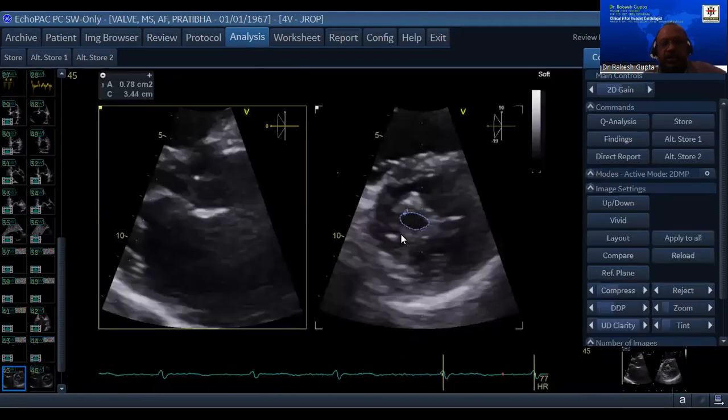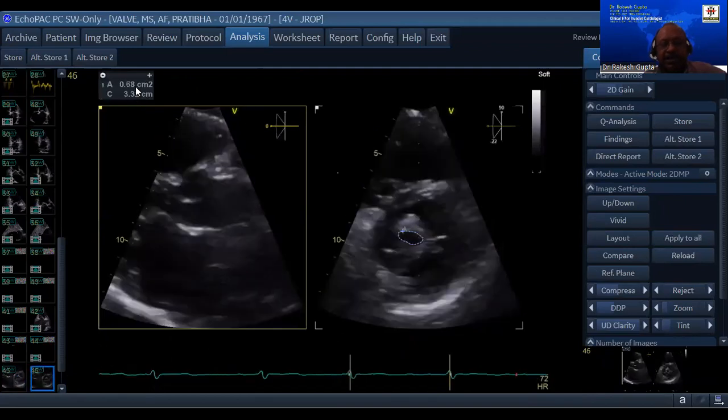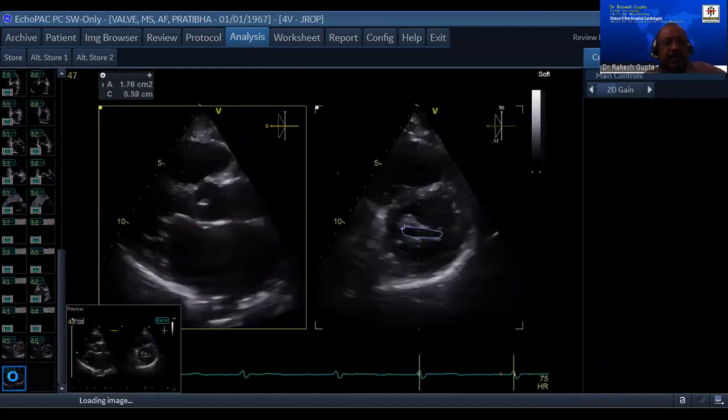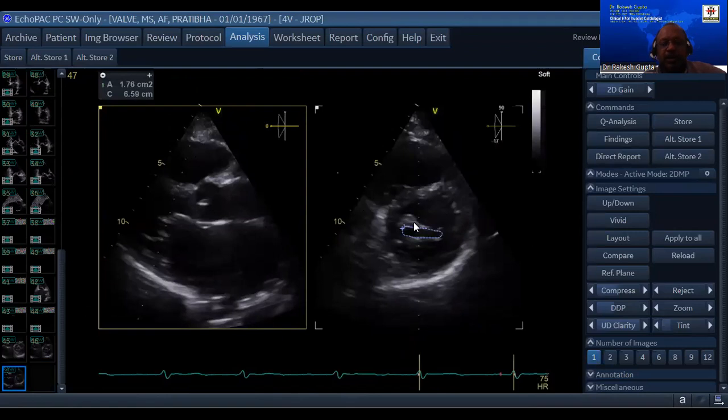And now this is to a large extent what we confirm: this is 0.78, this is multi-dimension 3D, and this is 0.68, and this is 1.76. Now, if you look at this 1.76, we are not cutting at the tip of the mitral valve leaflets. We are way away from that. So, what we see in mitral stenosis in live demonstration is